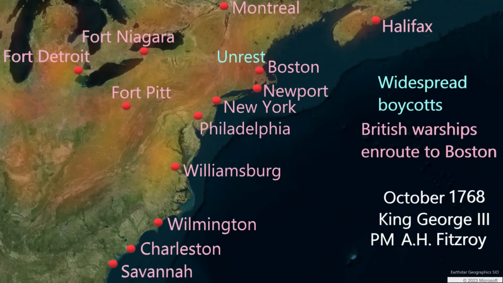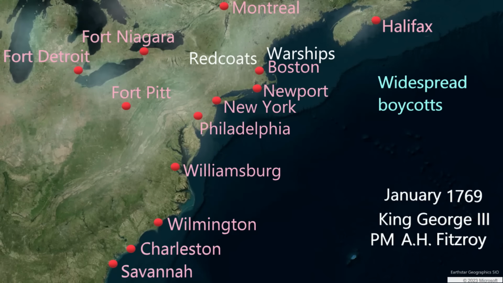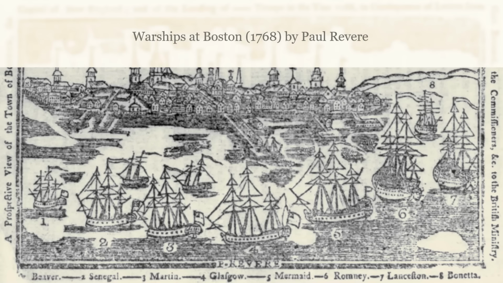October 1768. Augustus Henry Fitzroy, Duke of Grafton, is now Prime Minister. Redcoat regiments have arrived in Boston. Extra-legal town meetings and conventions are dispersed. Boston is now occupied by British forces. 1768 comes to an end. As 1769 begins, Boston is an occupied city. 4,000 redcoats are in the city, meaning that about 1 in 4 people in town are occupying soldiers. Bostonians claim that the occupying soldiers commit theft and assault.